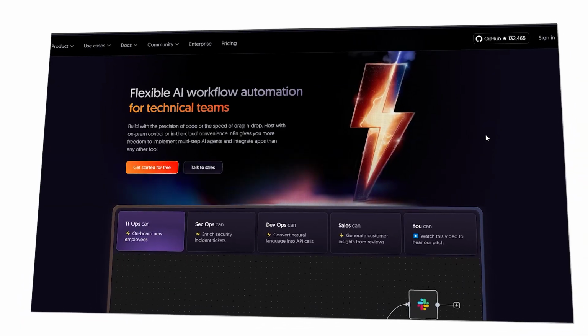Hey there, guys. Chet here. One of the biggest mistakes that you can make in automation is choosing the wrong tool for the job. You can end up with something that is way too complicated for your needs or something that is not powerful enough. This is a common problem when people try to decide between two tools called n8n and